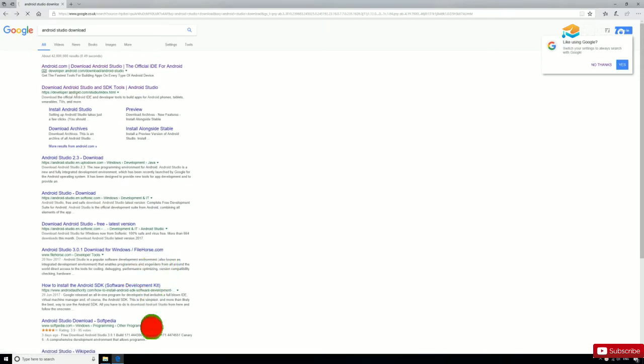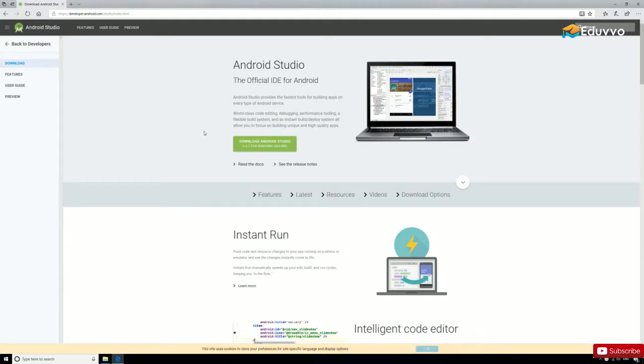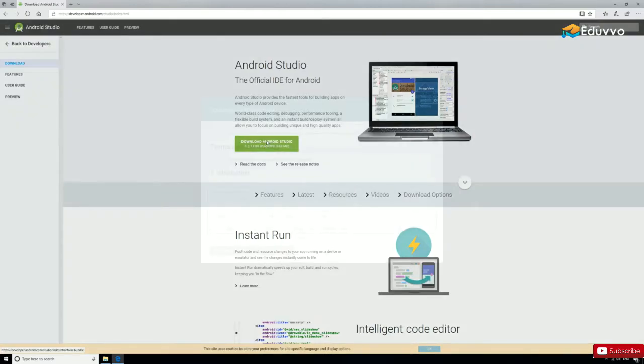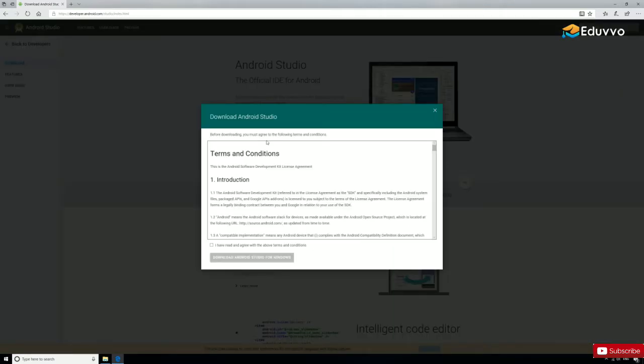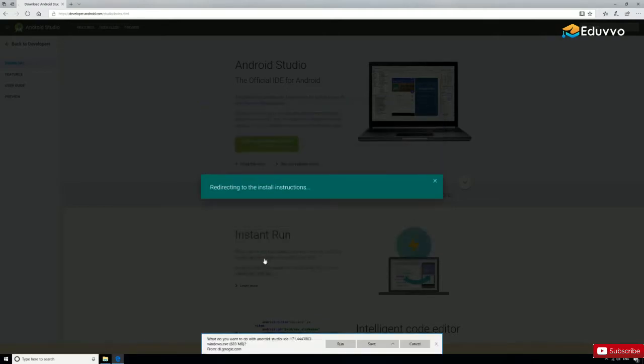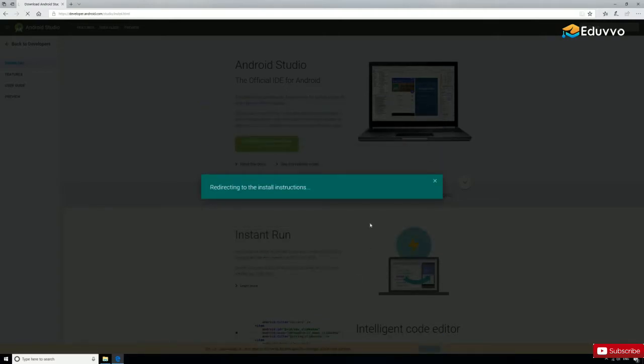So it's developer.android.com/studio/index.html, and this will take you to the page to download the latest version of Android Studio, which at the time of recording is 3.0.1. So just click the green button to download Android Studio, agree to the terms and conditions, and then Android Studio